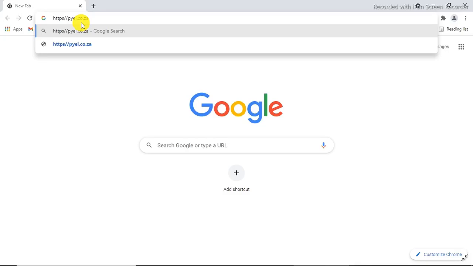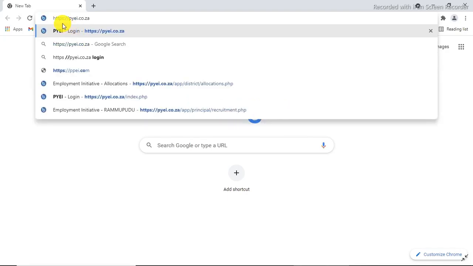So if you find yourself getting a result as if you are searching for a phrase, it means you simply left out some inputs of the address, such as a semicolon. Now you just have to go to the point where it needs to be, punch in your semicolon, and then the address is back to being an address. And then once you click on go or press enter on the keyboard, it will navigate you to